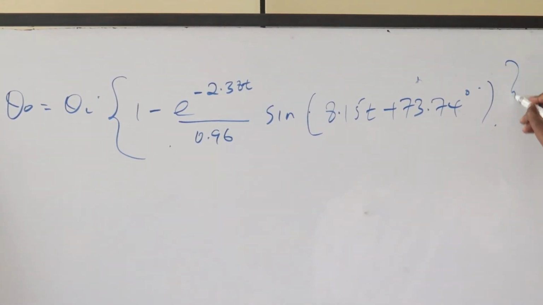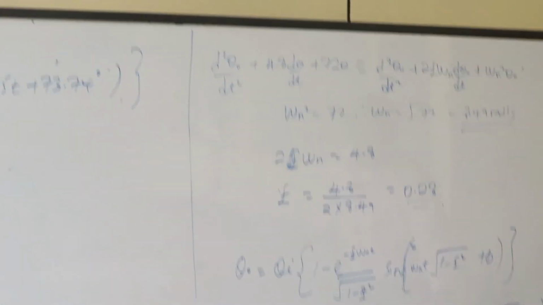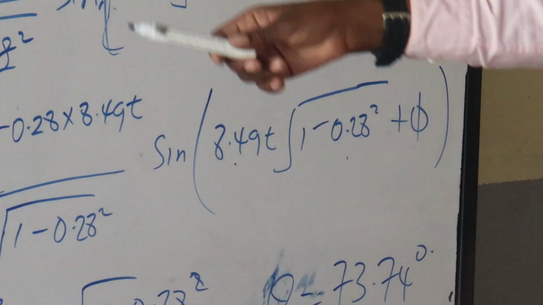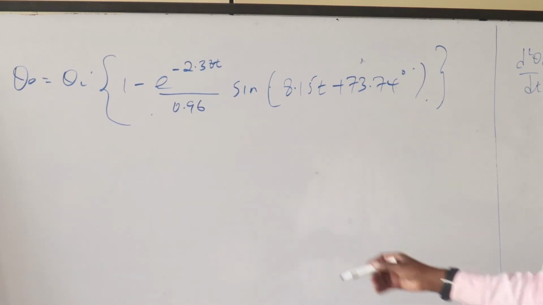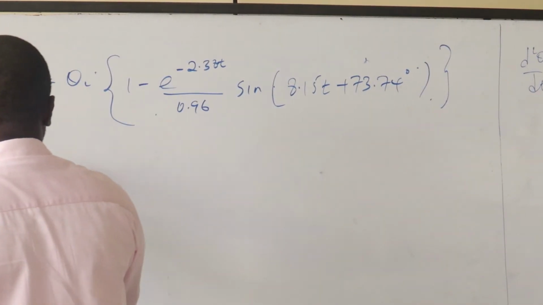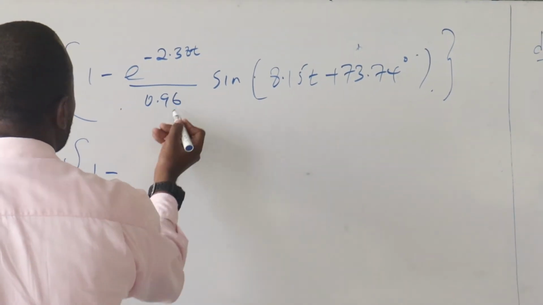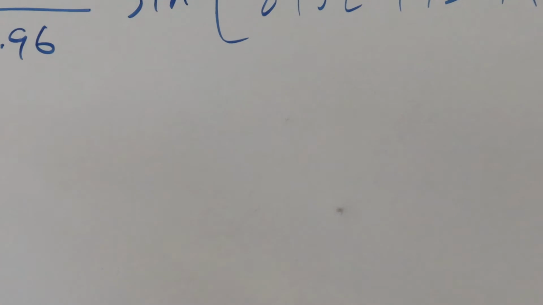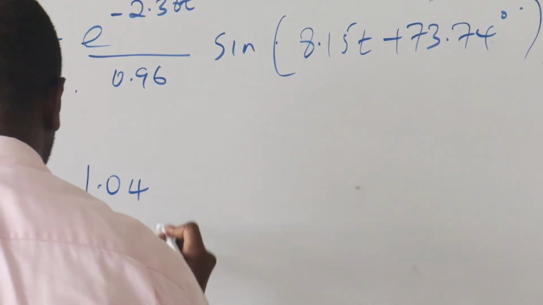So this is now, if we simplify both parts, because multiplying by that is what brings us 8.15t. So that is now the expression that you are going to have. You can simply get the reciprocal of that to simplify it further, so that theta naught is equal to theta i into 1 minus, we can get the reciprocal of that and multiply by that, and therefore if we do that, it is going to be 1.042